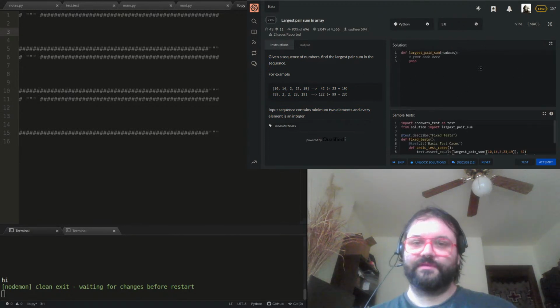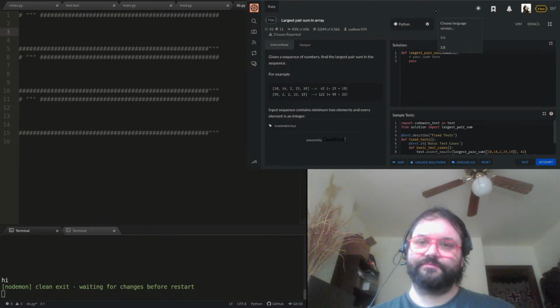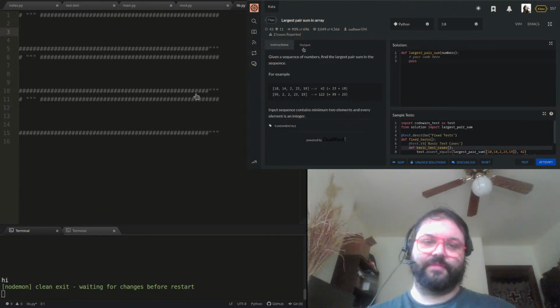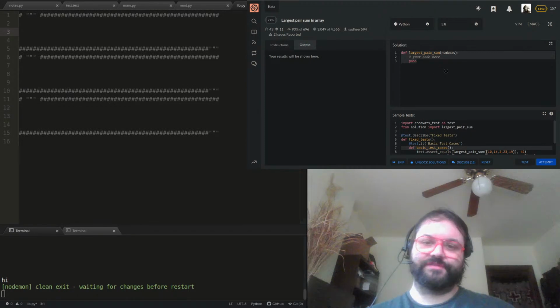Okay, so we've got Python 3.8. Yep, that's what we want, 3.8. And you've got your solution code here, and then some sample tests down here. So on the left-hand side, like I said, you've got the instructions, and when you run your solution code,